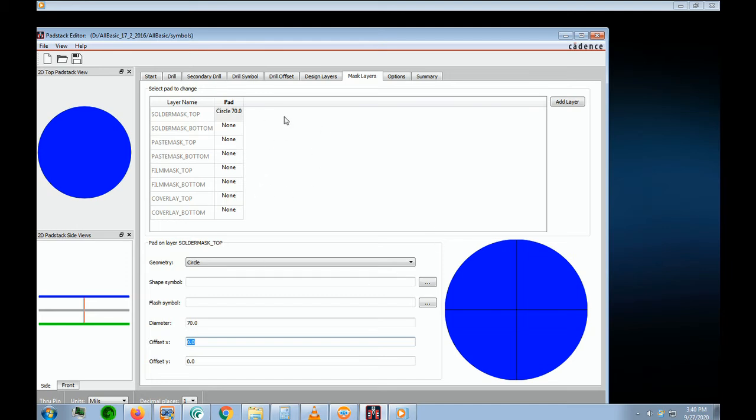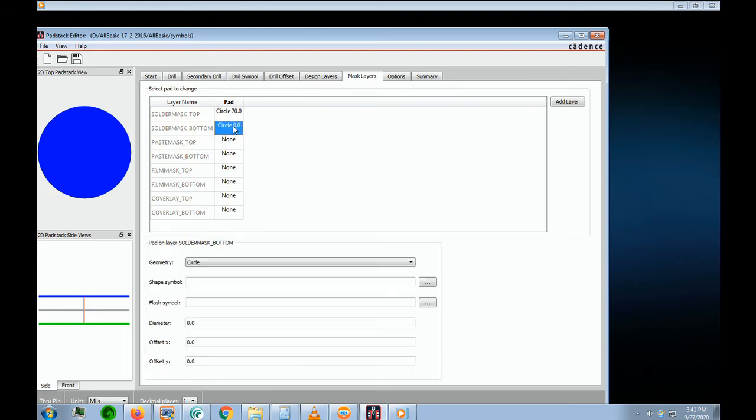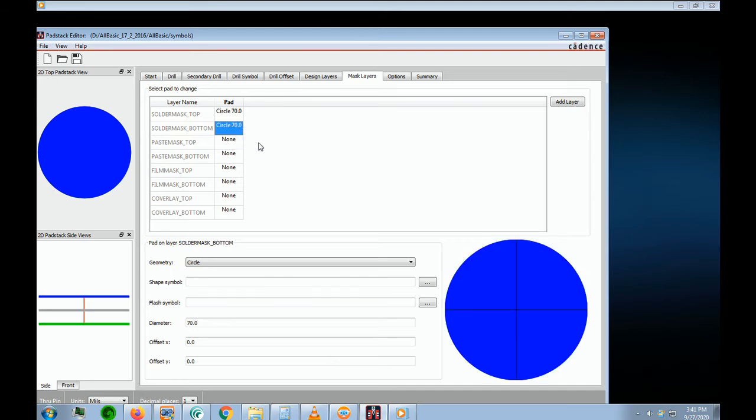Now if we want to do a little bit of a shortcut, we can left click it, right click, copy, left click, and right click, paste, and that takes care of that. And on a through hole part, we don't have to fill in any of this. So now if we want to check everything that we've inputted,